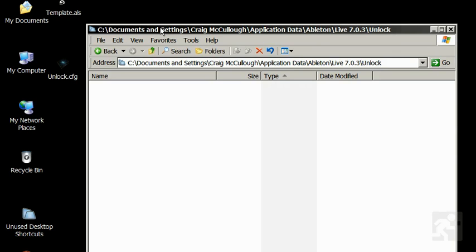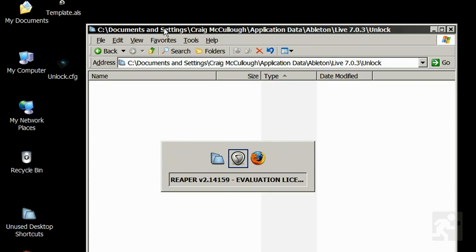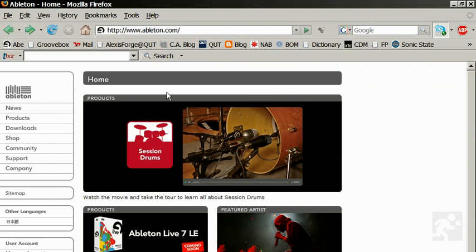There's a couple of ways you can check for updates. You can either do it within Live in the help menu. There's an option called check for updates in the help menu. But as we haven't gone through the unlock process yet, that's not the way to do it. So we'll go straight to the Ableton website. I already have that open in Firefox. And all you need to do is go to the download section,